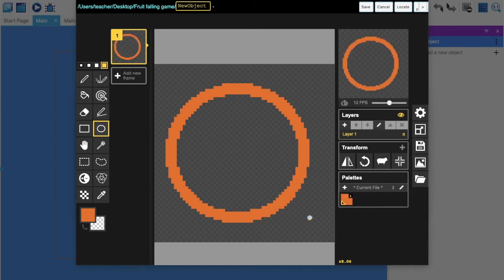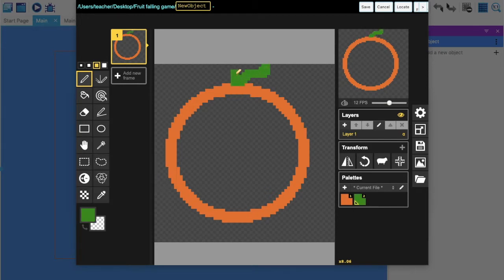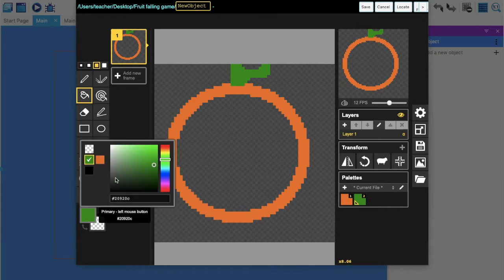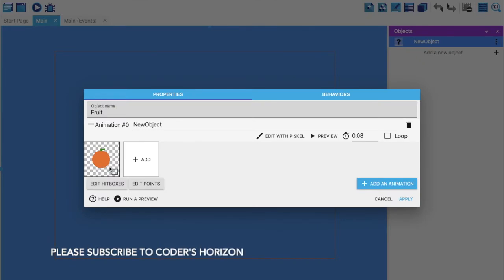Let's draw it like this, and then just to make it more interesting I'm going to draw in green color, a little bit darker side like this. Yeah, I'm going to draw some leaf effect like this. Okay, and then click on, oh, one second, we can also fill this because it's looking empty right now. So we can take a bucket, change the color to this orange and fill it, and then save. So as you see this kind of looks like an orange, not exactly, but yeah.